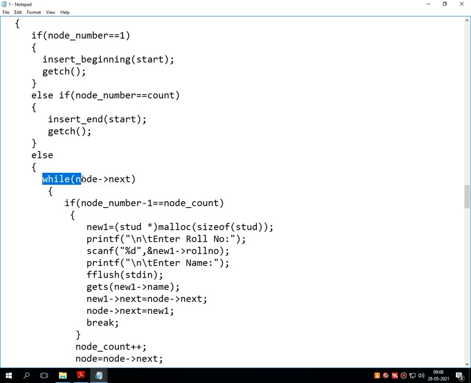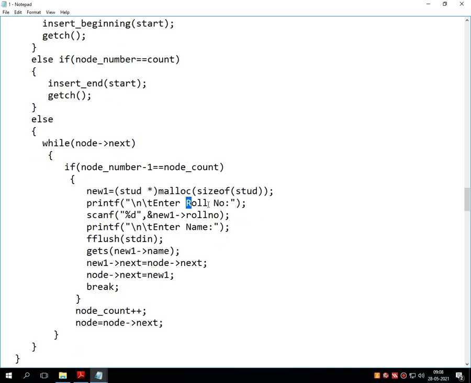Node number 3 will be there, this condition becomes true because 3 is equal to 3. So a new node is created, and for that new node the roll number and name are accepted. That new node makes a connection with the next node and the program terminates.